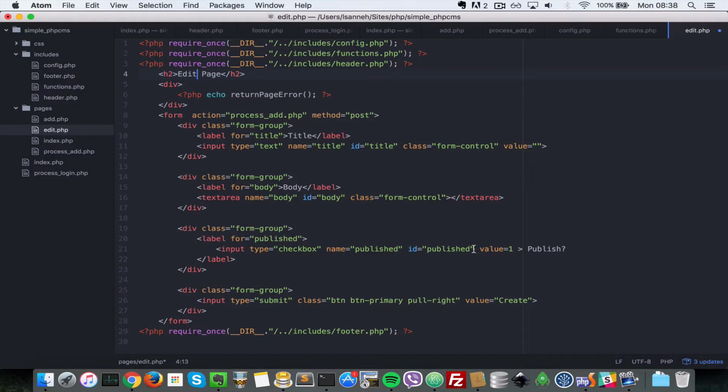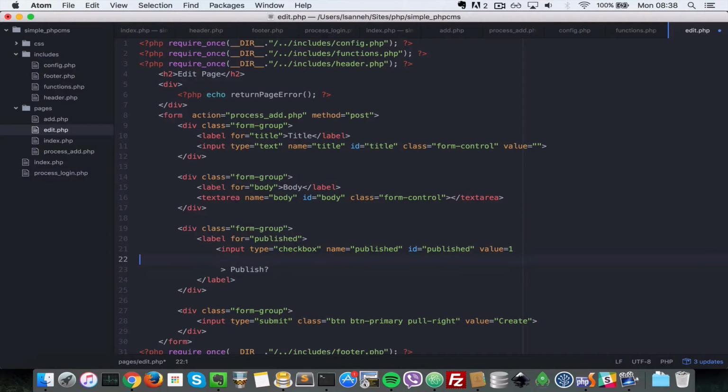So we want to set a checkbox to checked if the page has been published, and if it hasn't been published, we want to leave the checkbox unchecked. Okay, so let's do an if there. So let's bring this down here, and what we're going to do is we're going to say, I'll just open a PHP tag there. So let's say if